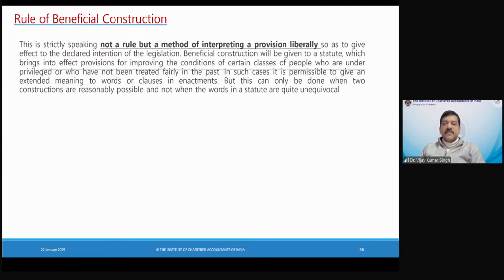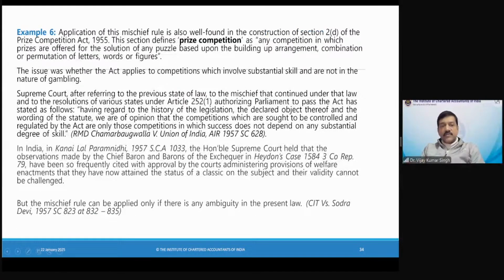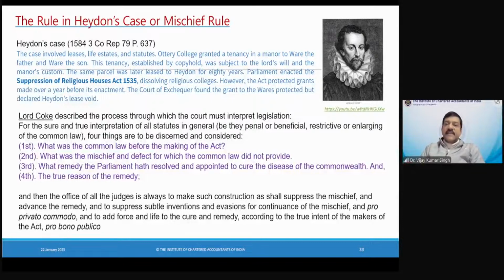Okay. So mischief rule, when we talk about it, basically mischief rule is a law which is coming from Heydon's case. I hope you understood Heydon's case. I have given you one small video also. The YouTube link is there in this slide. You can click on this YouTube link and try to see this video. It's a small video of 5-7 minutes, which explains this in a very good caricature way. That will explain it further. But for your understanding, this video is about Heydon's case. So if you go through that case, you will understand it clearly.